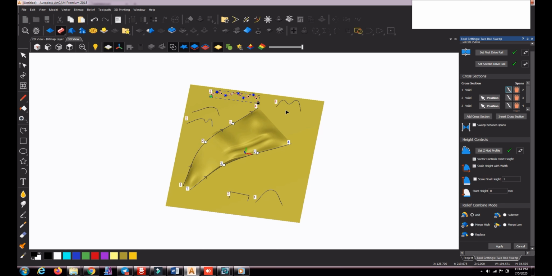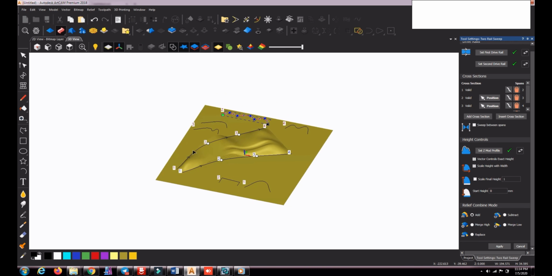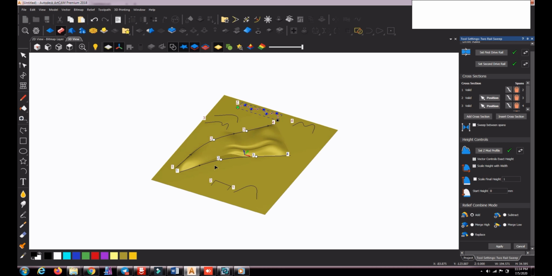So height 1, this is the first vector. It will try to maintain the actual height of that vector. In the second point, this is the height, so it automatically tries to maintain that height.